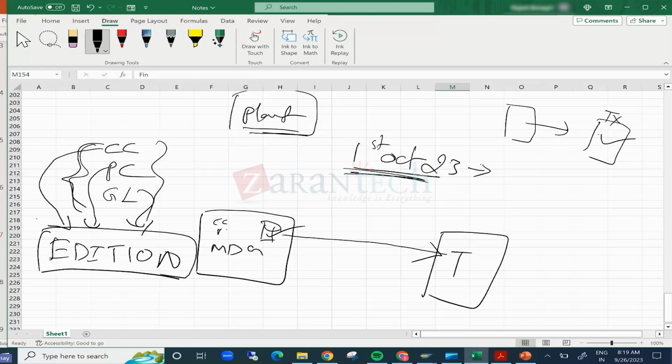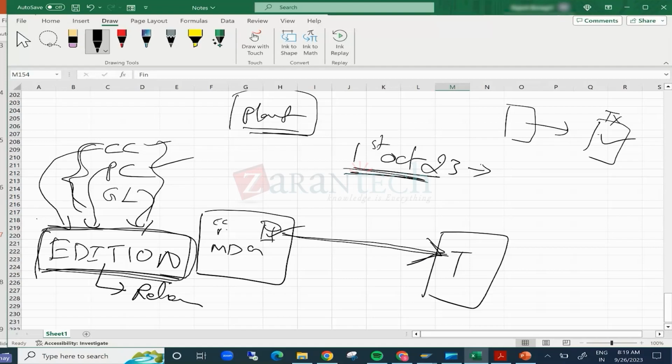This is a parent. Under this particular parent edition, I'll have all these objects: one cost center, one profit center, one GL account. The replication will be controlled by this edition. Though these objects got created and activated, the active records will be in my staging only. When I release this edition in my MDG system, or schedule it to be released automatically on 1st of October, all these underlying objects will be replicated